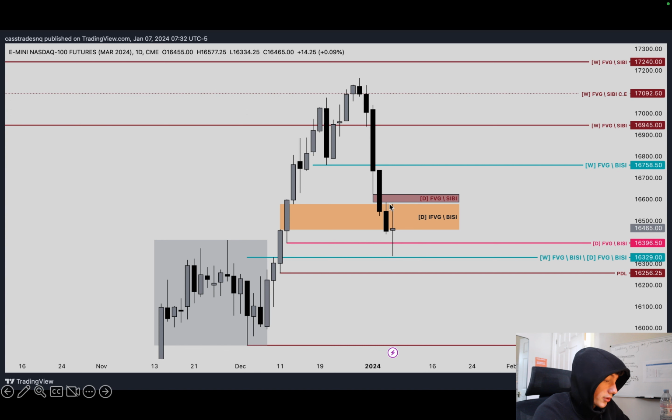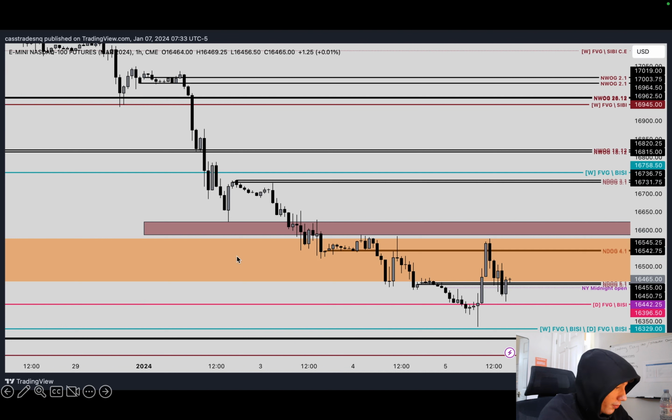I wanted to see that as an objective on the upside for Friday, but we never saw it. And then here we have this consolidation and then a leg up, entering the sell side of the curve here, along here, for a market maker sell model. Below this low is my initial bias for next week, that we're going to go lower once again, and aim for this previous day's low, and also the equilibrium of this consolidation, if not down to this low. Alright, that's the daily, expecting lower prices.